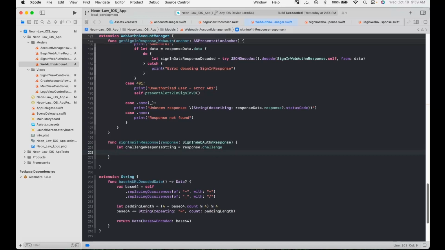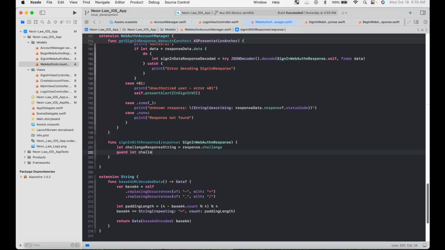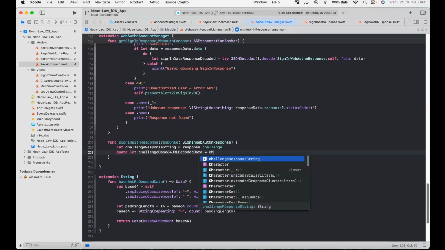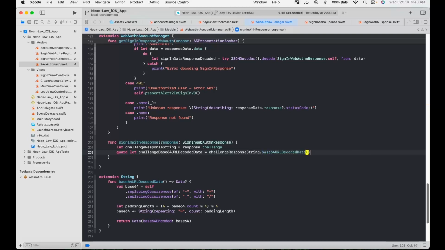And then we also need to turn it into data. Let challengeBase64URLDecodedData equals our challengeResponseString.base64URLDecoded